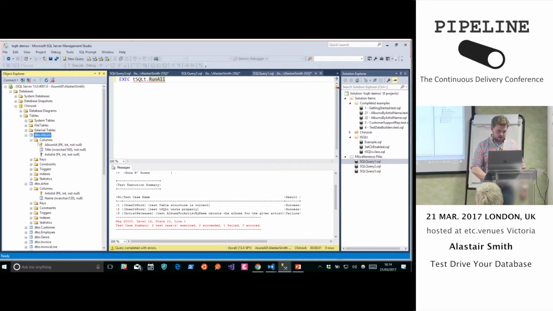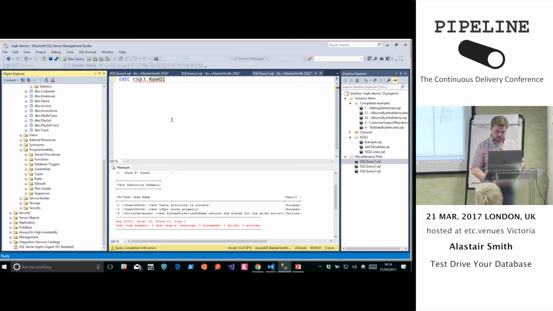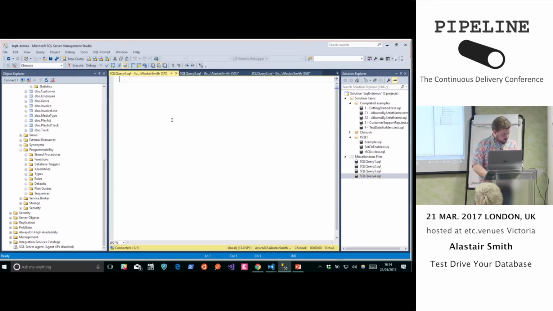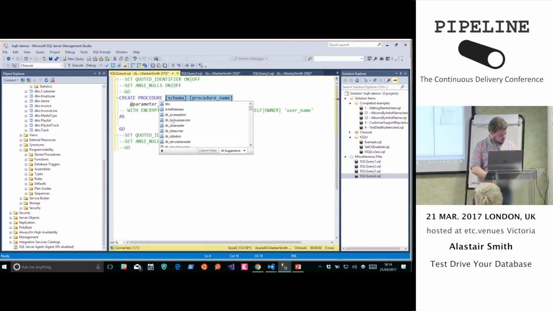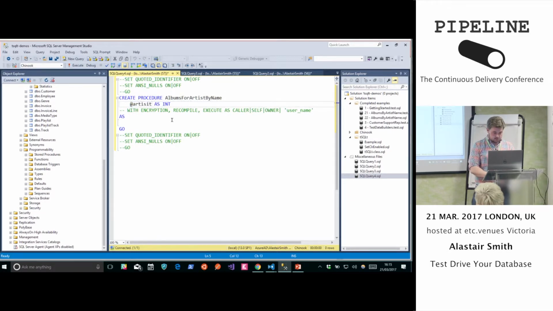procedure. So let's go ahead and do that, which is albums for artist by name. The artist name is another string. And let's start off by saying we will just return the album title